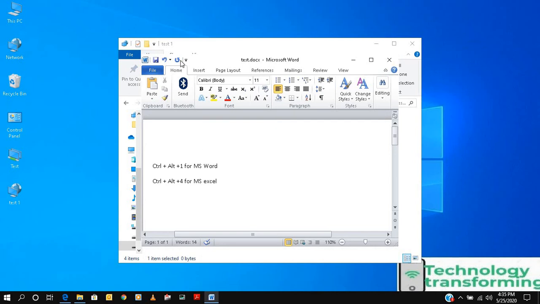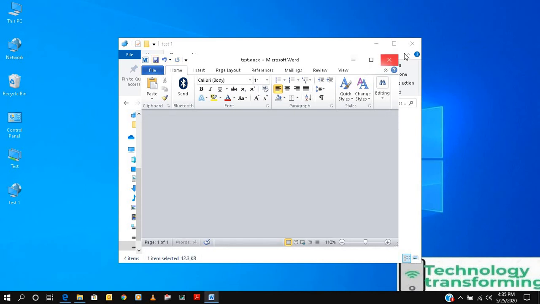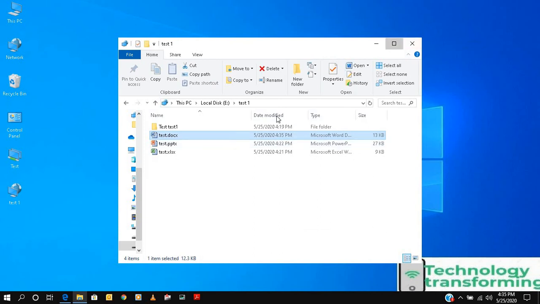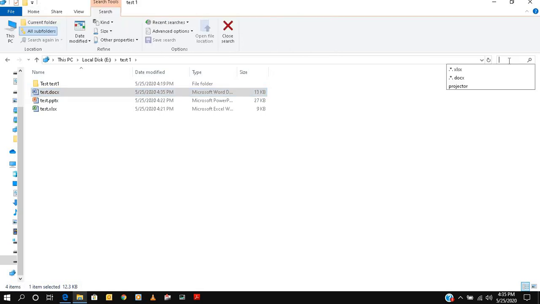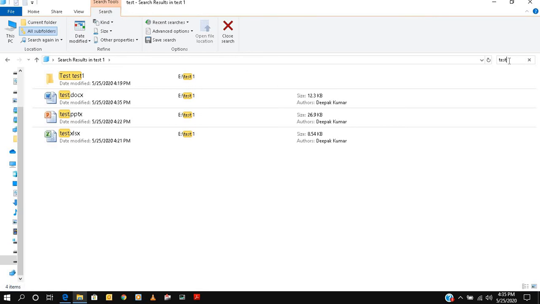Friends, now we have an interesting thing to do. We want to search for a file that maybe we created a year ago or in earlier days, and we don't know it, but we are guessing the file name may be test. So we put here test, and whatever test files exist come up by default, highlighted, but we don't know whether the file is Excel or Word.